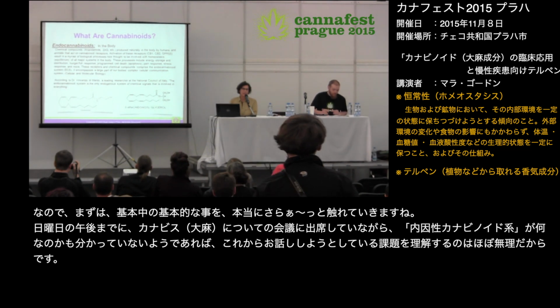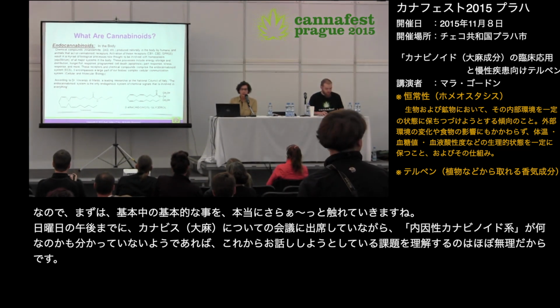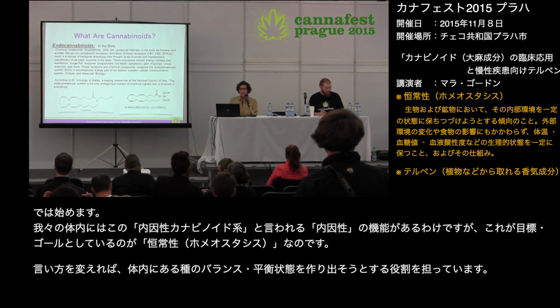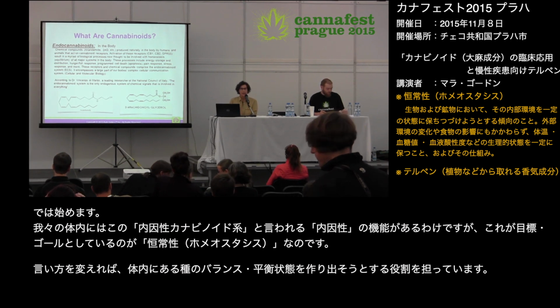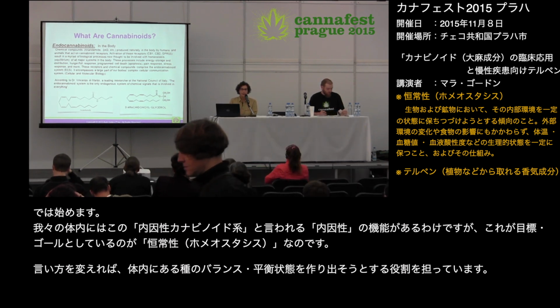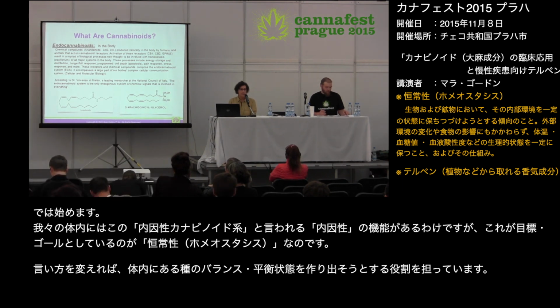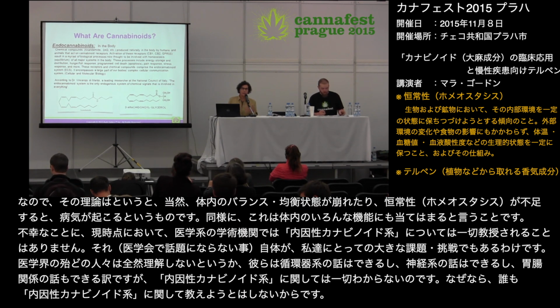If by Sunday afternoon at a cannabis conference you don't know what the endocannabinoid system is, then there's probably not much point in explaining it at this point. But anyway, within our bodies we have this endogenous system, and the goal of the endocannabinoid system is homeostasis. It's to create a sort of balance or equilibrium within the body. And so the theory is, of course, that when you have imbalance or a lack of homeostasis in the body, that is when